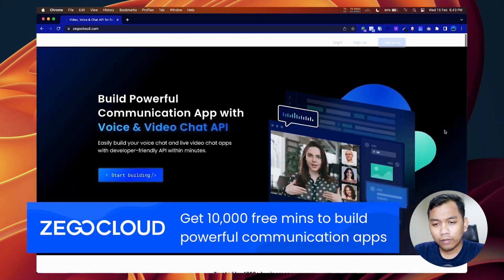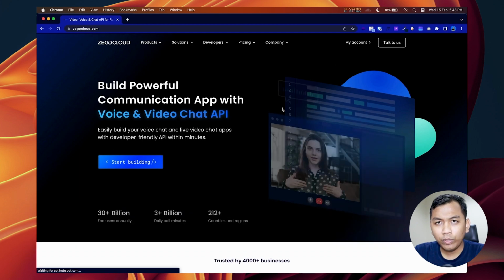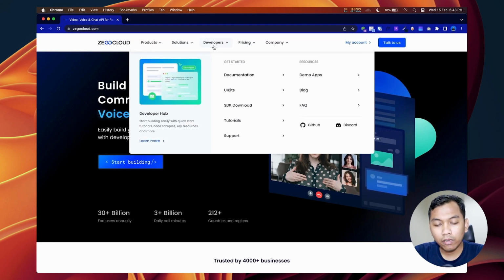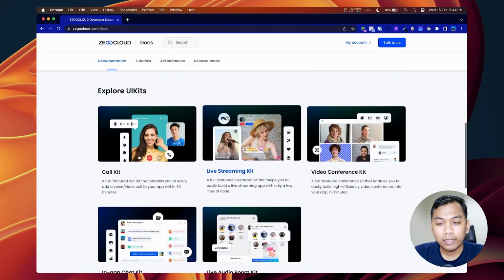Alright, so the next step, we need to sign up with Zego Cloud. After you have signed up through the link in the description below, just log in to your Zego Cloud console. As we can see here, I have logged in to my Zego Cloud account. Let's explore what's available. Just hover over Developer and go to Documentation, and let's scroll.